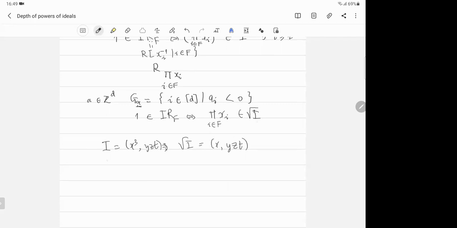Or I do the other way. One does not belong to I localized at F if and only if... this means that a product of elements in F cannot be divisible by x or yzt, right? So you see that the only choice for F is one of these. It cannot contain x, so only